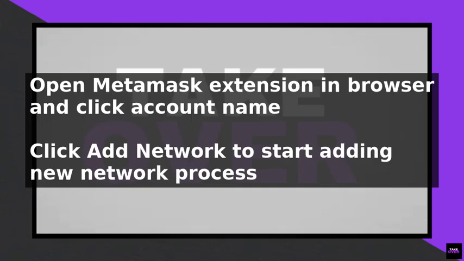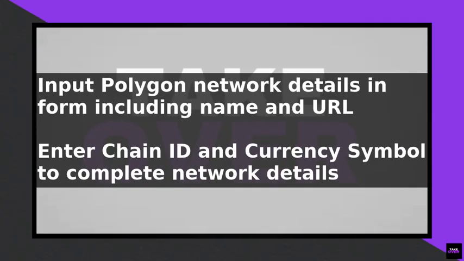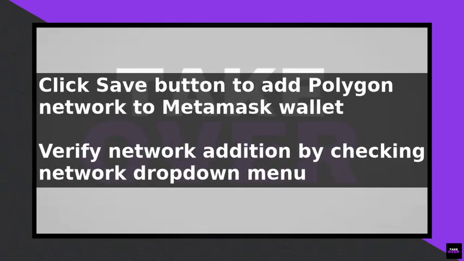You will then be presented with a form that requires you to input the network details. The Polygon network details are as follows. Network name is Polygon. RPC URL is https://rpc-mainnet.maticvigil.com. Chain ID is 137. Currency symbol is MATIC. And block explorer URL is https://polygonscan.com. Enter these details into the form and click the Save button to add the Polygon network to your Metamask